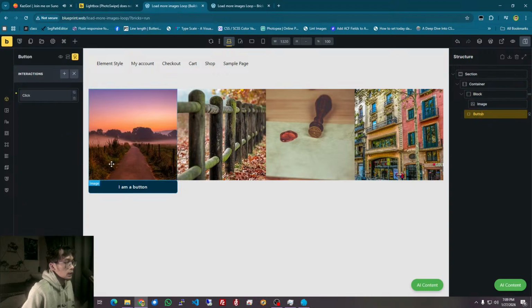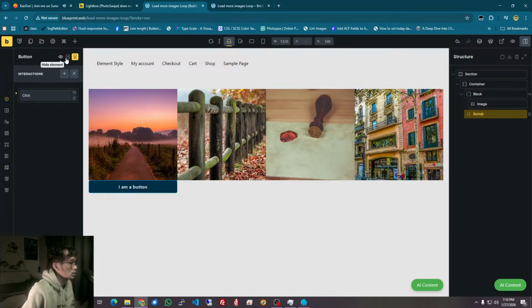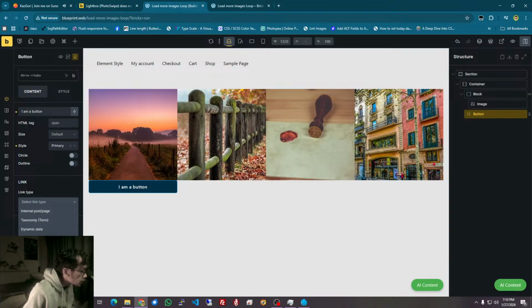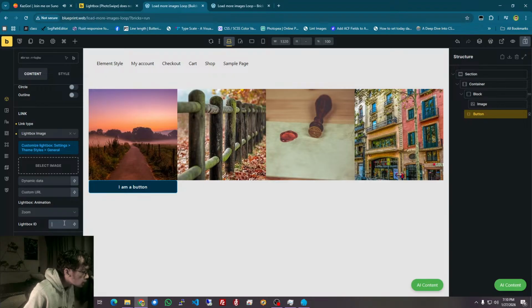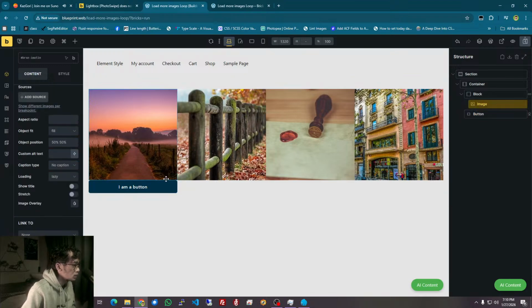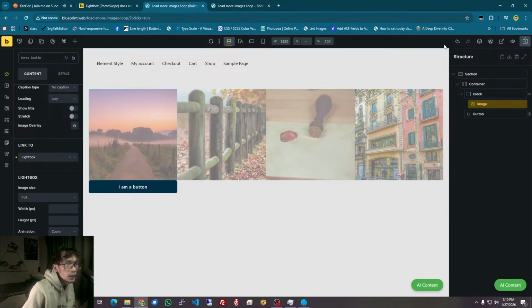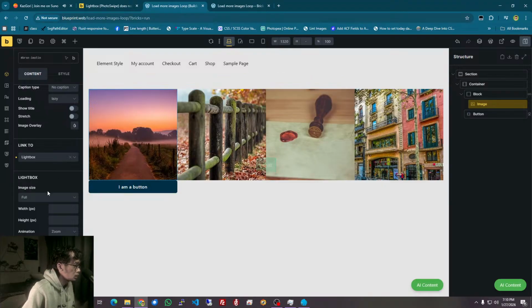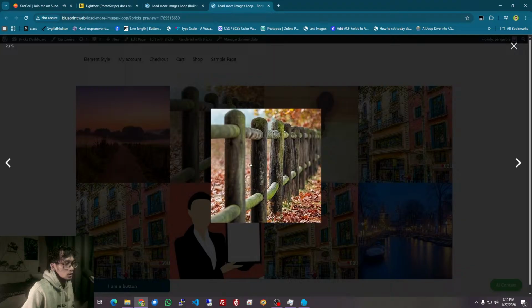Okay, so when I click this, what? Link type lightbox, image, lightbox ID, let's say gallery 1, and we are gonna put this image link to lightbox ID gallery 1. Okay, no, I'm not sure. Okay,